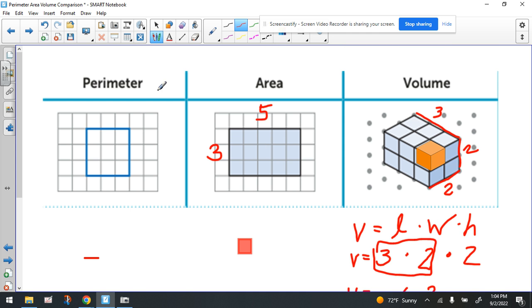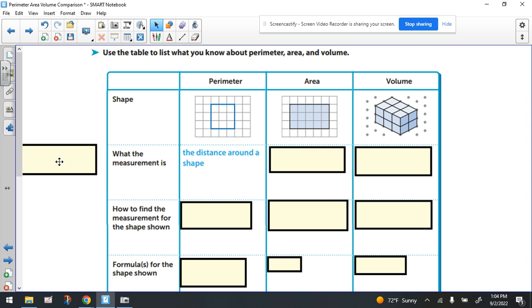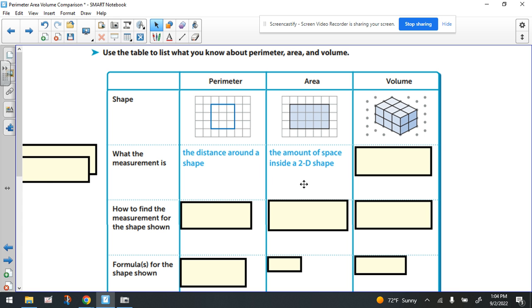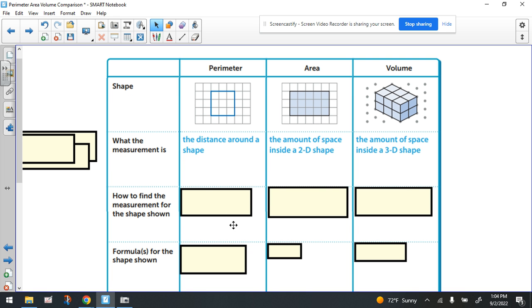All right, now let's talk about the chart that you're going to have to fill in. For the chart that you have to fill in, they want to know what the measurement is. So perimeter, we mentioned how that's the distance going around the figure or the shape. For area, that's the amount of space inside a 2D shape, or I like to think of it as how many tiles you need to cover the surface of it. And for volume, it's the amount of space inside a 3D shape. So in other words, how many cubes you need to create the three-dimensional figure, or we would call that a polyhedron. How to find the measurement for the shape shown? Well, how did we